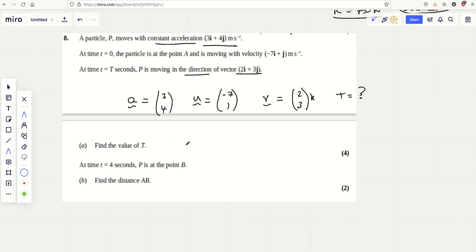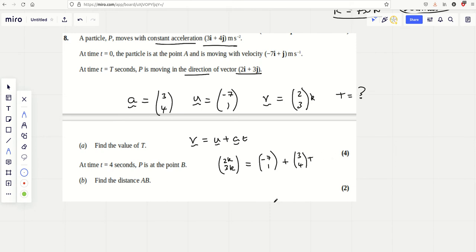This is v equals u plus at. That's all I'm going to use here. I could use a capital T, as that's what they're using. I'll put it in like that in the next go. So I've got 2k, 3k equals minus 7, 1 plus 3, 4